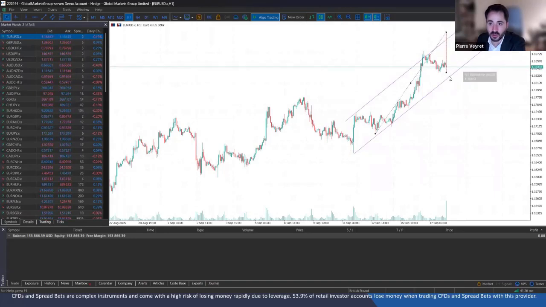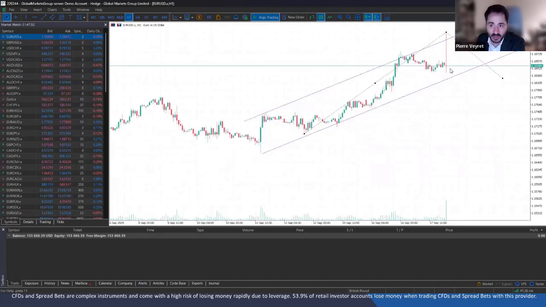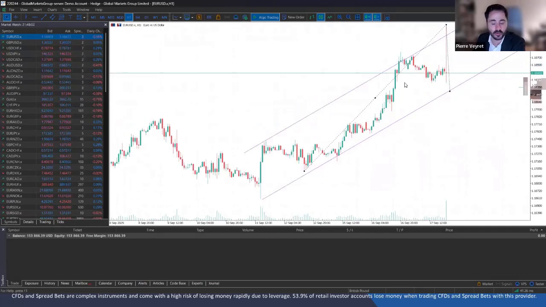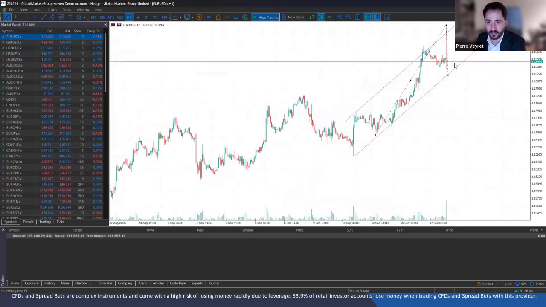And now it's hard to tell you where the next resistance level is going to be, because the retracement, I mean, we don't know with this candle. Look at the size of that candle. We don't know where this candle is going to end up closing. But let's say it closes around the lower bound of the bullish channel